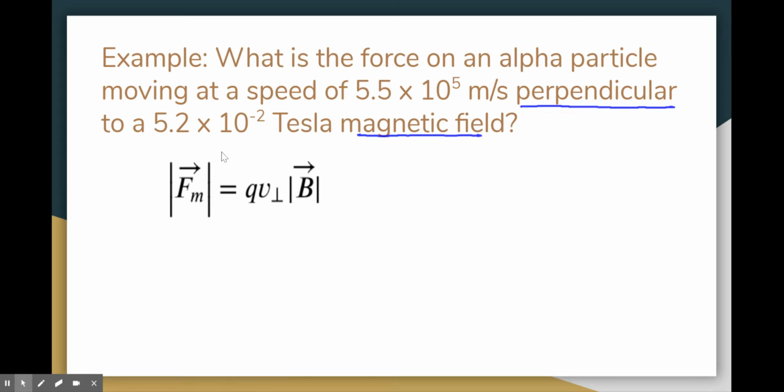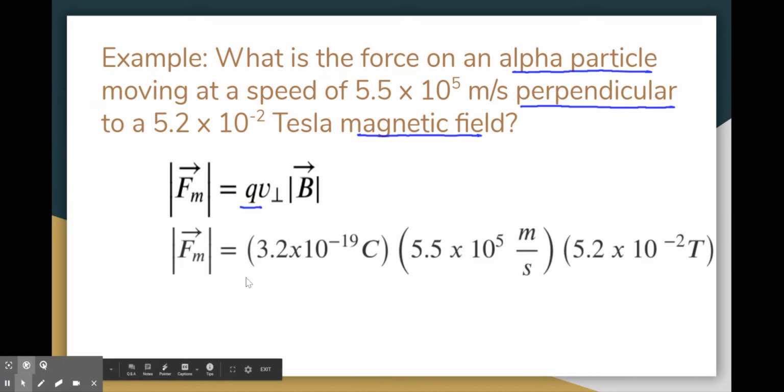The force on the alpha particle is going to be equal to Q times V times B. All of our values are here in the correct units. The only one that's maybe a little bit hidden in this case is going to be the charge, but they've identified the particle to be an alpha particle, so we should know the charge on an alpha particle. So the force should be equal to